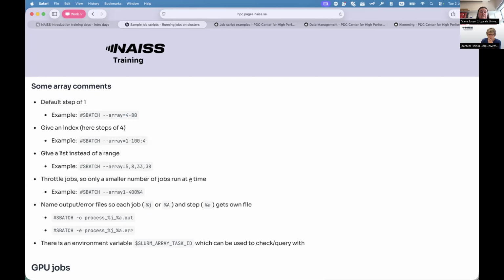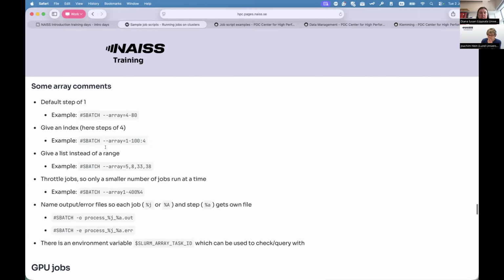And you can also have these indexes not necessarily in steps of 1, but use a different step. Again, how useful is that depends on what you are actually using these Slurm task ID